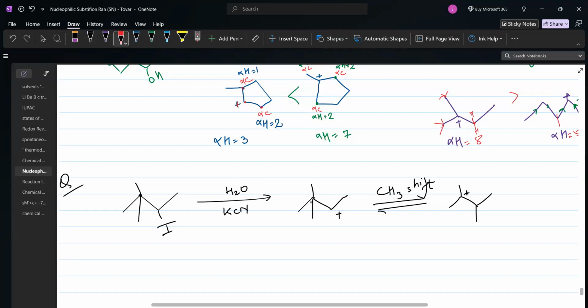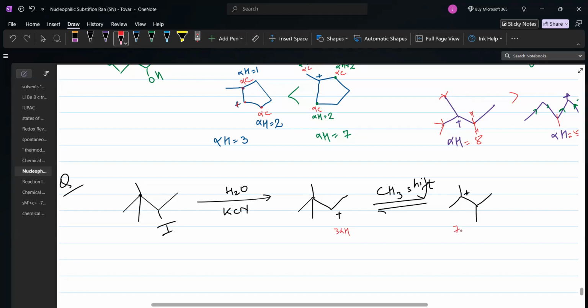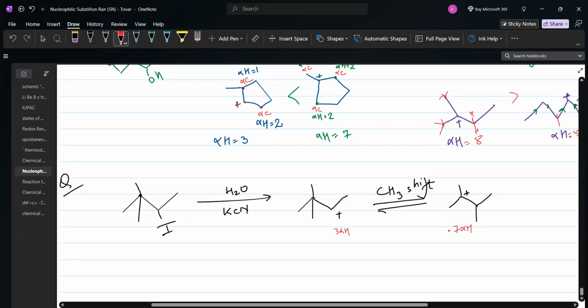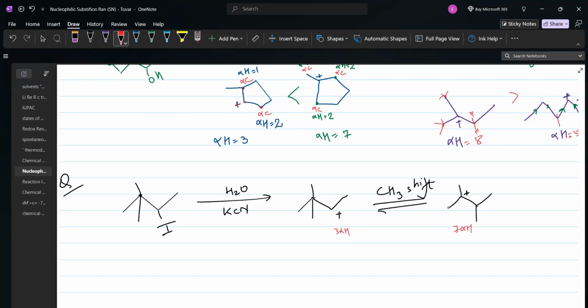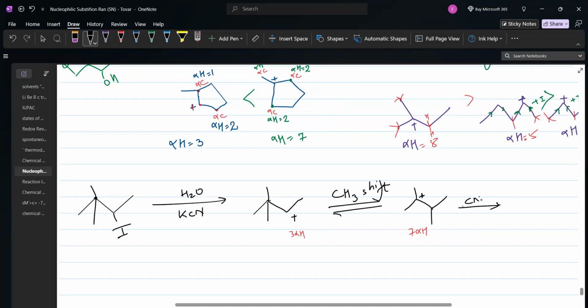1, 2, 3, and here 0, right? So we have 3 alpha hydrogens present in this position, and here we have 1, 2, 3, 4, 5, 6 and 7 alpha hydrogens. So obviously this shift is possible. That is why this will shift. Okay, the carbocation will shift. Carbocation rearrangement is successful here, obviously, because of more stability,